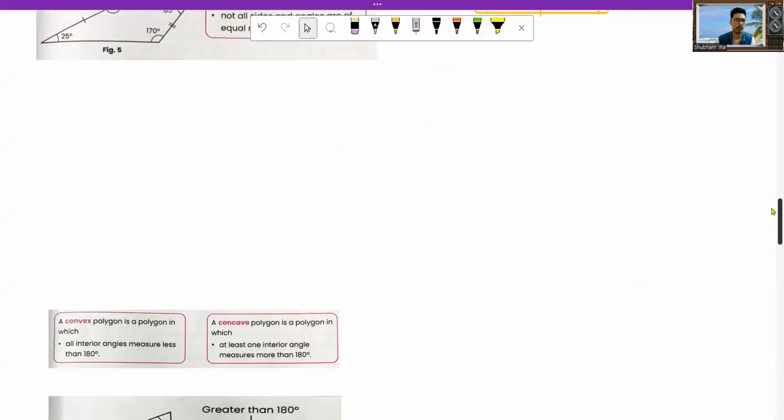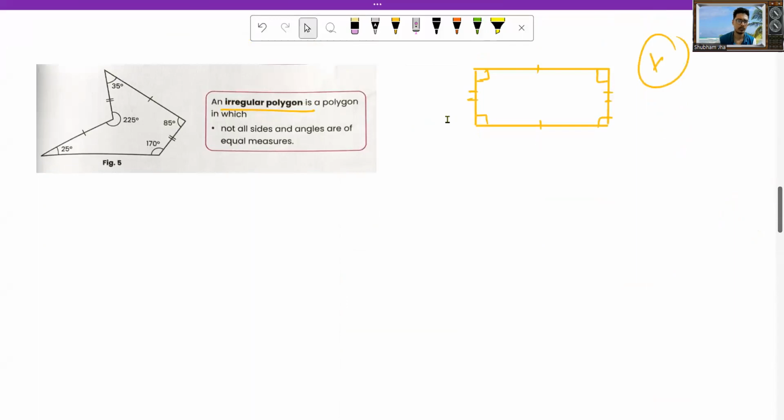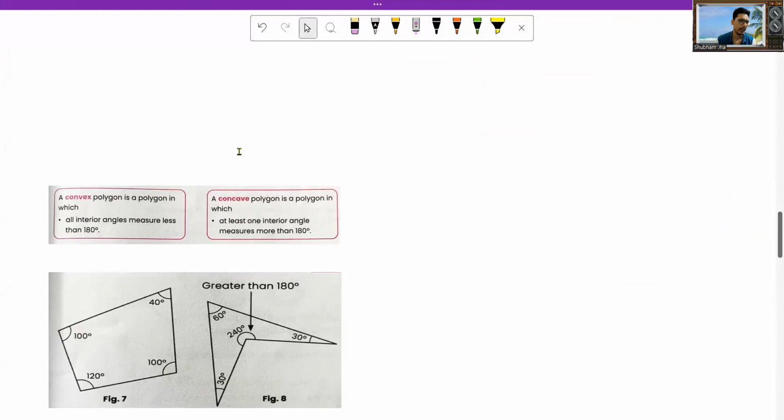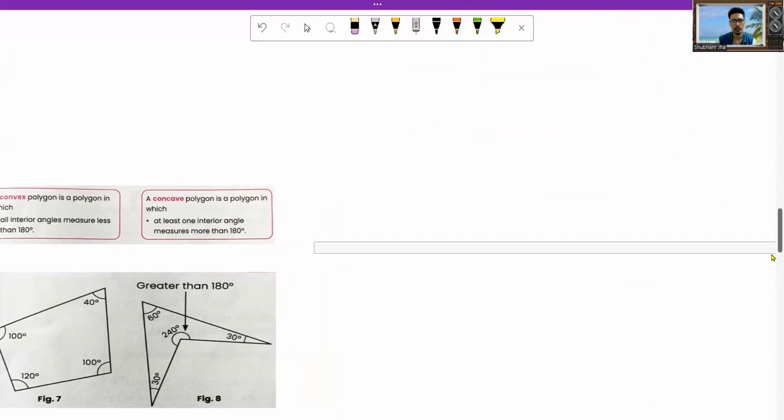Now, let's talk about the two types of irregular polygon. First is the convex, and the second is the concave. What is the meaning of this? A convex polygon is a polygon in which all interior angles measure less than 180 degrees, whereas a concave polygon is a polygon in which at least one interior angle measures more than 180 degrees. If you look at the definition,